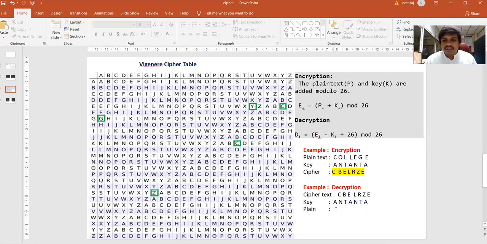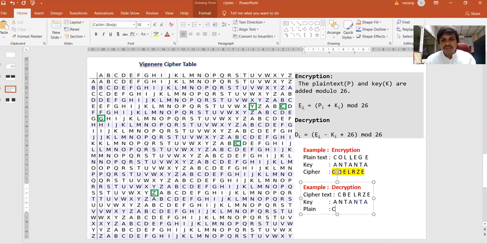It is C. Now N row, the key row, find where the ciphertext is, and take the column. Reverse process. So N row, the ciphertext is B, find where B is. It is at O. So it is O.